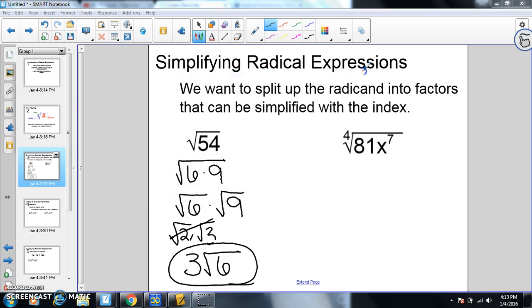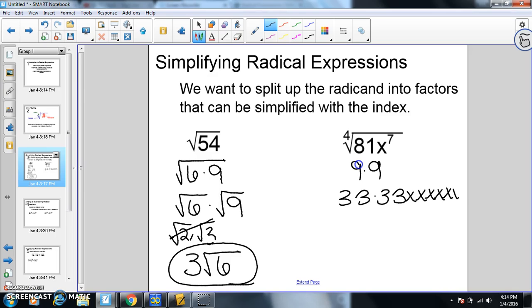Now I have the 4th root of 81 x to the 7th. So now I'm looking at multiples of 4. So I'm going to split up 81. When I think of 81, I think of 9 times 9, which I can then split up into 3 times 3 times 3 times 3. X to the 7th is just x 7 times. So what I'm doing when I'm trying to find the 4th root, I want to find groups